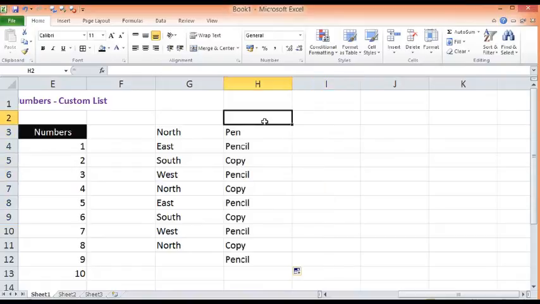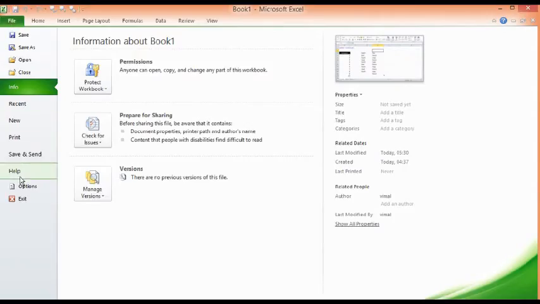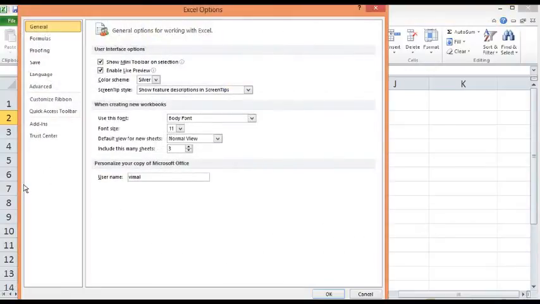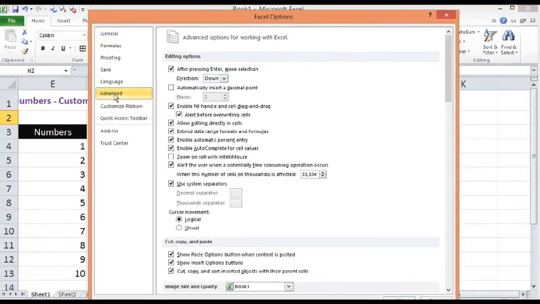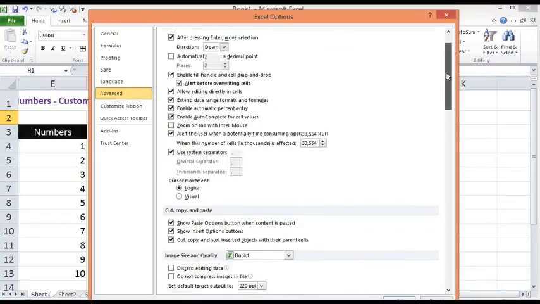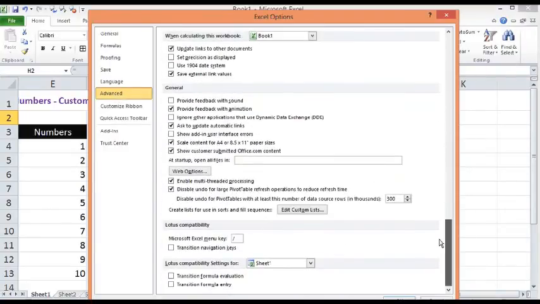So to create a customized list or custom list, what I'll do, I will just click here on file, then I'll go to options. In this window I will click on advanced. I will scroll down till I see edit custom list option. I will click here.